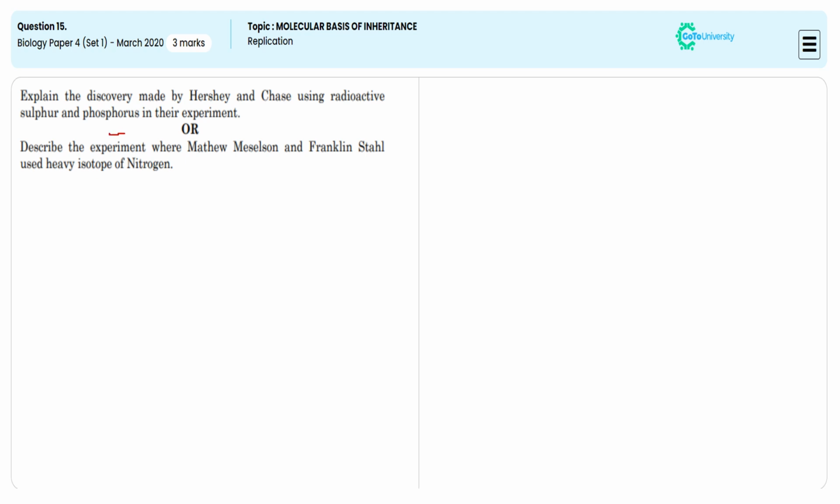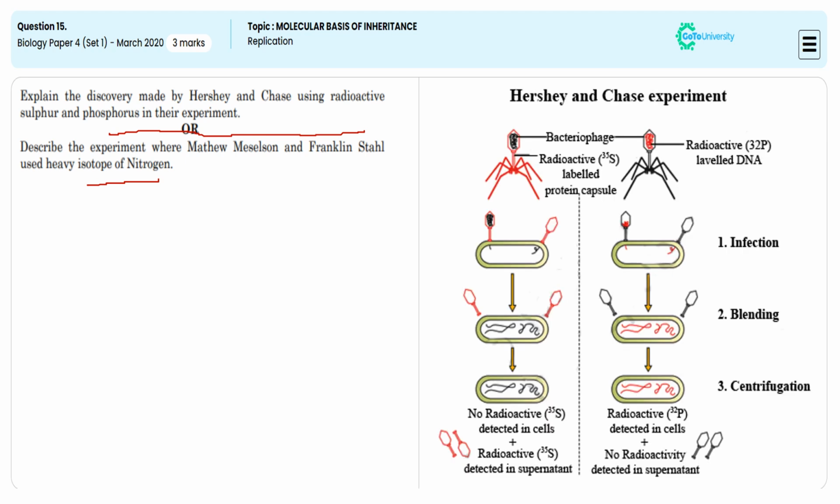In this 3-mark subjective question, they are directing us to illustrate the usage of radioactive sulfur and phosphorus to represent that DNA is the genetic material, by Hershey and Chase. For this narration, we are illustrating the diagram given as per the CBSE curriculum for mentioning each one of the